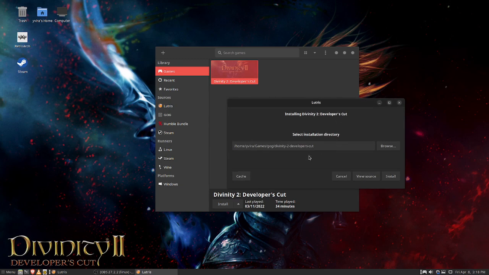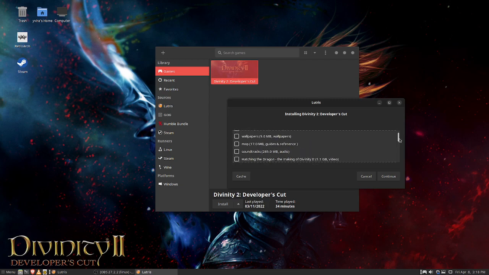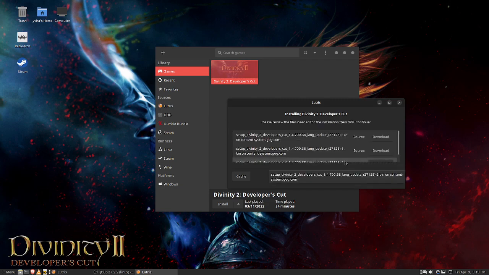And I'm just going to leave the default settings for now. And just go ahead and hit install. Go ahead and skip all these things because these are all the extra components you can download from the website. But if you really want to do that, I would just go to GOG's website and download them that way anyway. All right, so